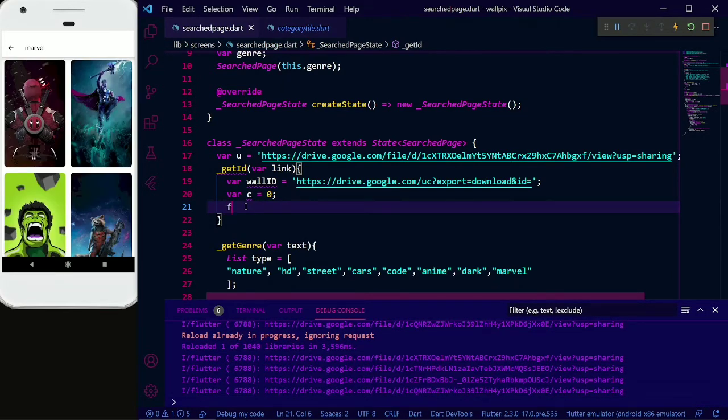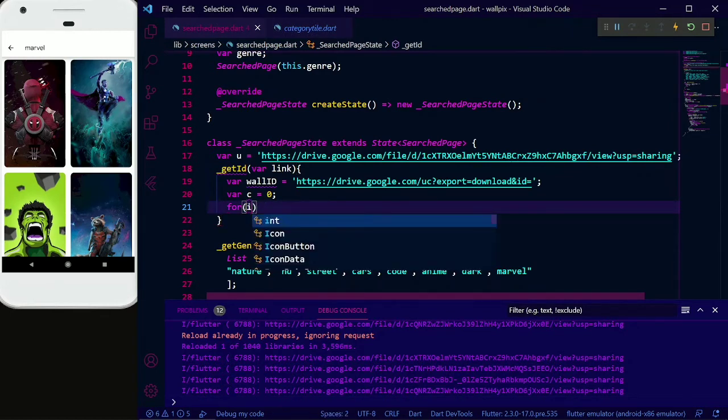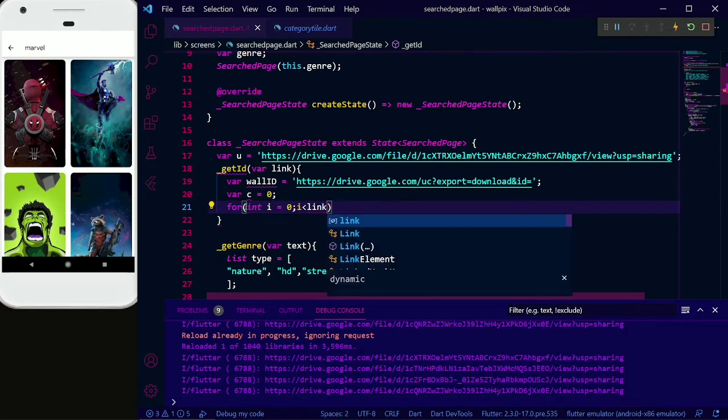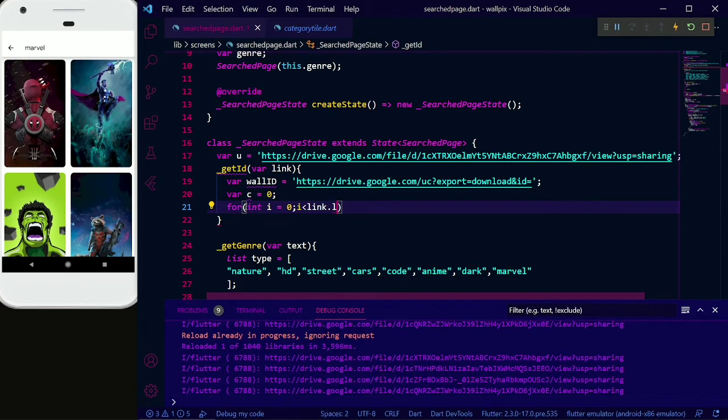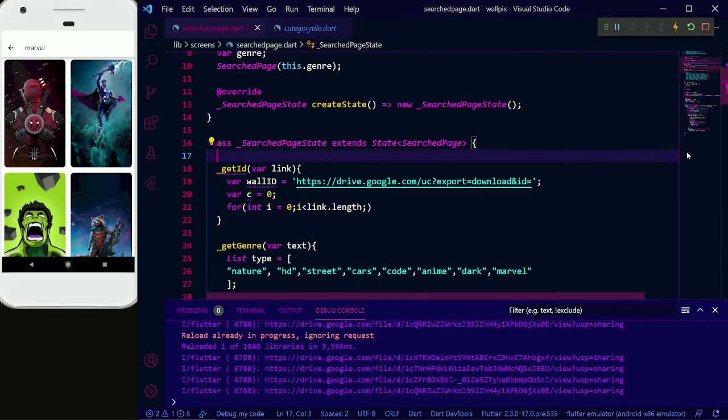Okay, so we will again do a linear search: for int i equal to 0, i less than link dot length. Actually we don't need this, this is already there. And i plus plus. So for every link we are going to extract its id and paste it over here so that it will be downloadable.